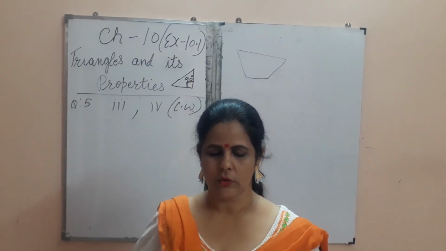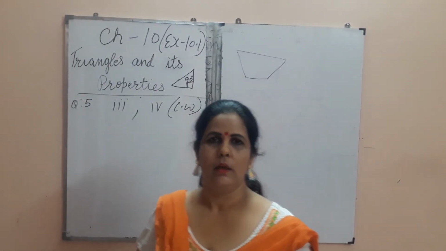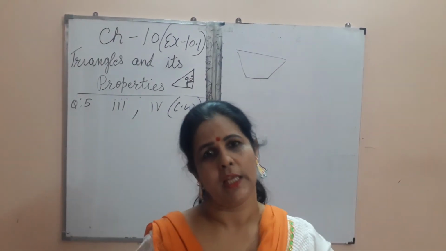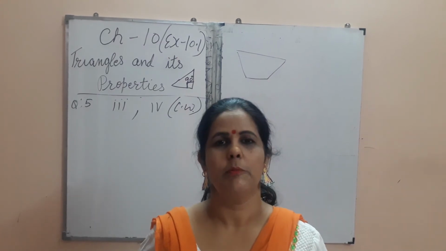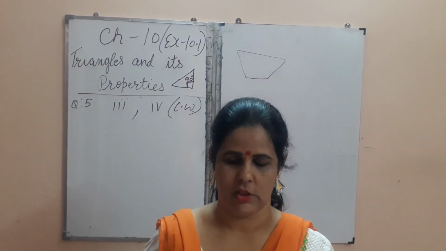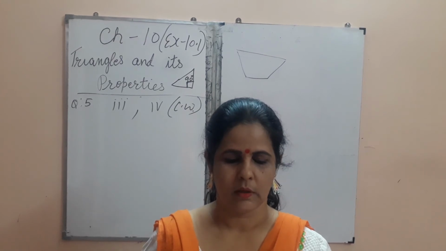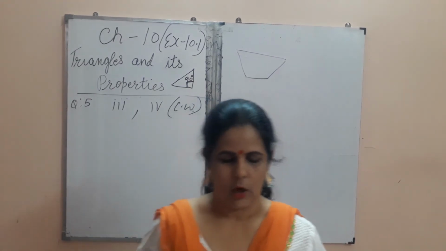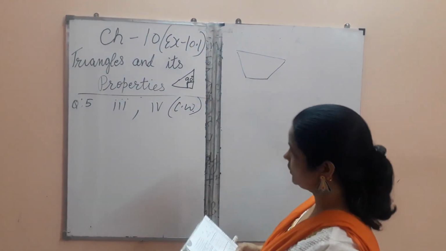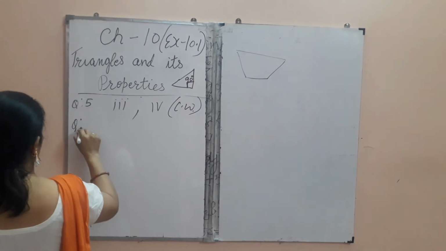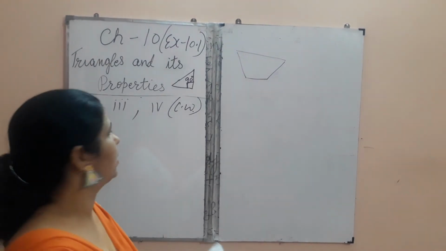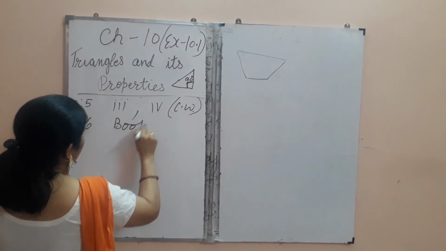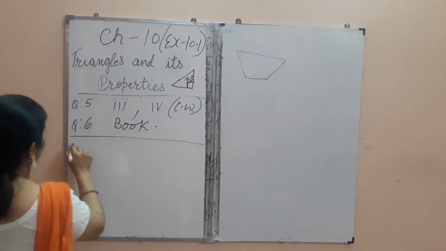Sixth, all the three angles are greater than 60 degrees. No, it is also not possible, because only if all the angles are 60 degrees will the sum be 180 degrees. If they are greater, then the sum will also be more than 180 degrees. So that is not possible. Seventh, two of the angles are acute angles. Yes, it can be possible. Now come to question number 7. Sixth question you will do in the book only. Yes or no you will write. Now question number 7.